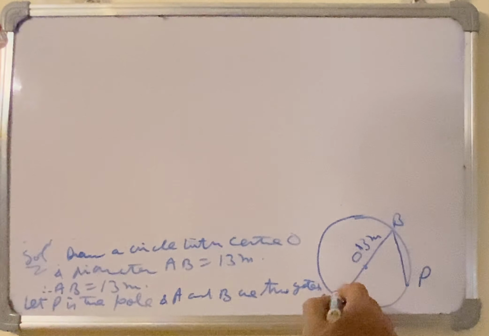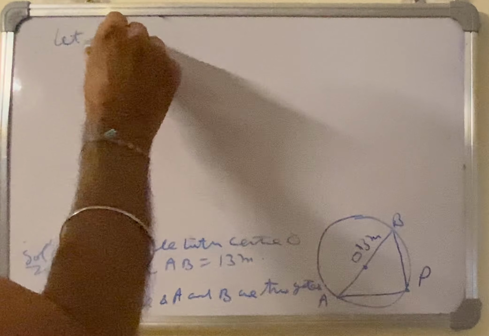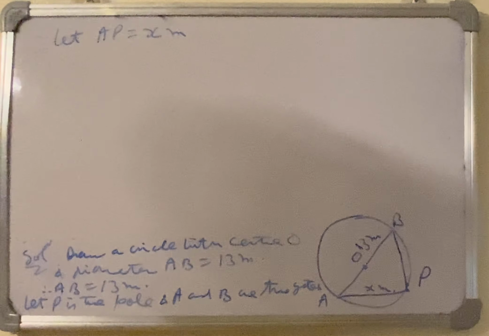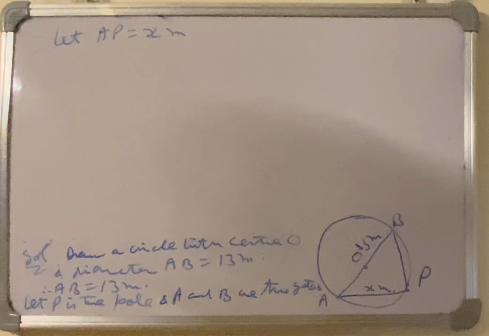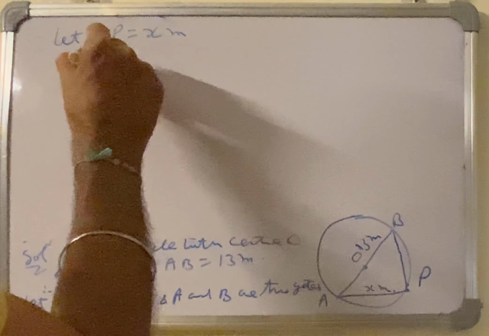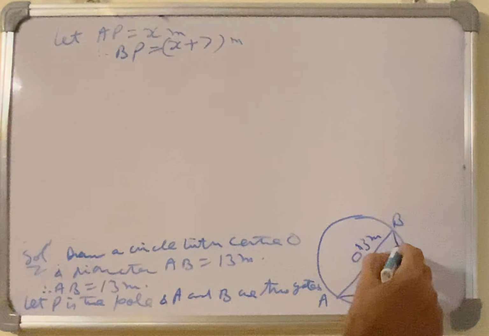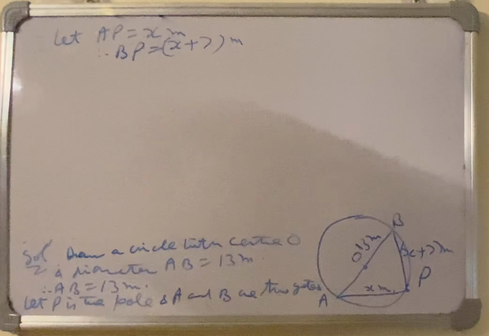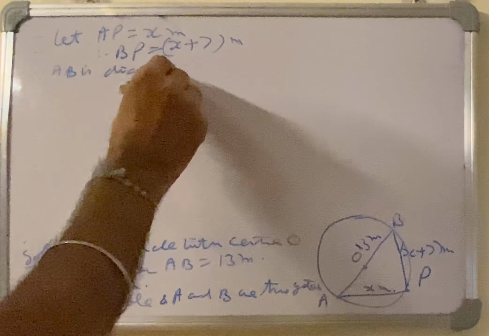We join AP and BP. Let AP be x meter. Because the difference of distances is 7, BP is x plus 7 meter. Since AB is the diameter of the circle,